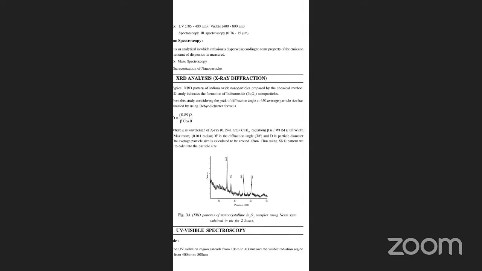XRD analysis, X-ray diffraction. Typical XRD pattern of indium oxide nanoparticles prepared by the chemical method. The XRD study indicates the formation of indium oxide, In2O3, nanoparticles. From this study, considering the peak of diffraction angle of 45°, the average particle size has been estimated by using the Scherrer formula. D is equal to 0.89